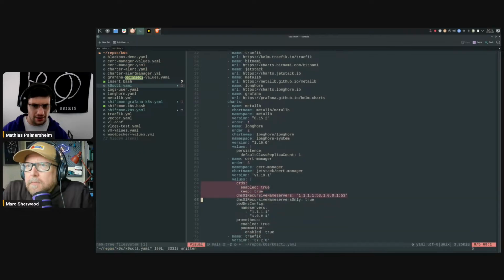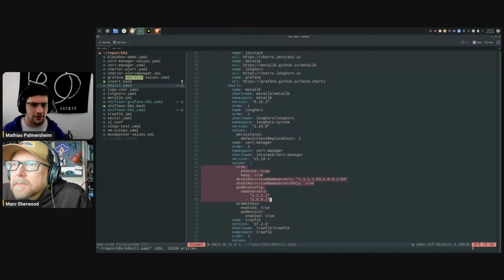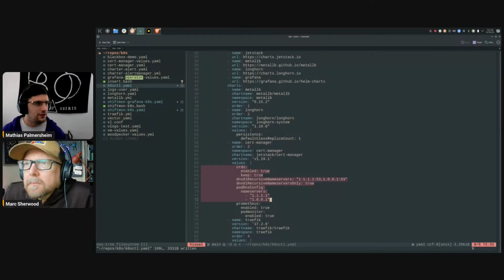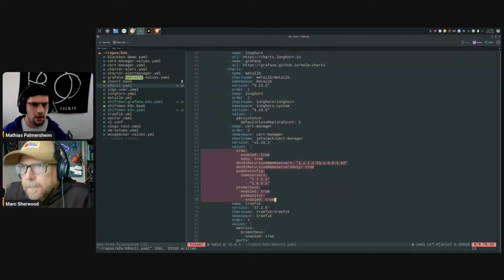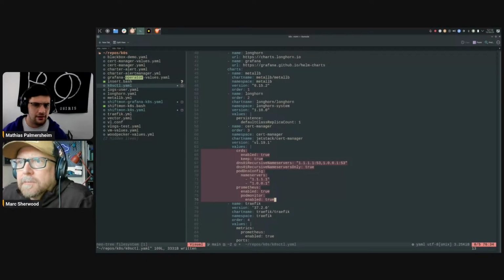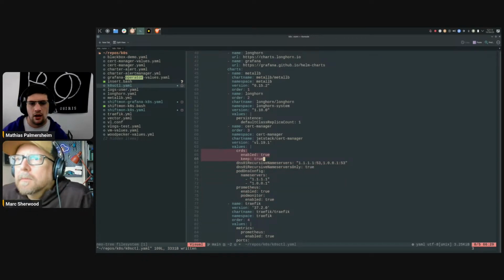So this is my cert-manager configuration in these Helm values right here. If we went and actually looked through the Cert Manager Helm chart, the values would be hundreds of lines, but I only need like these 10 changed. So what this is saying is, hey, please create Kubernetes custom resources, use Cloudflare for resolving certificates manually, because this